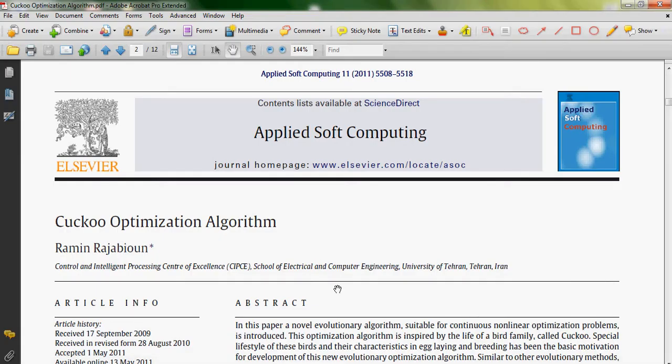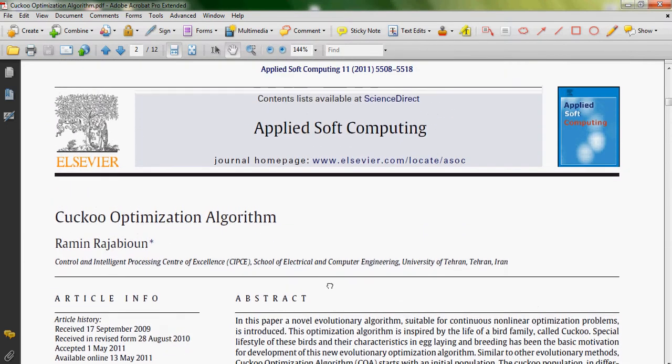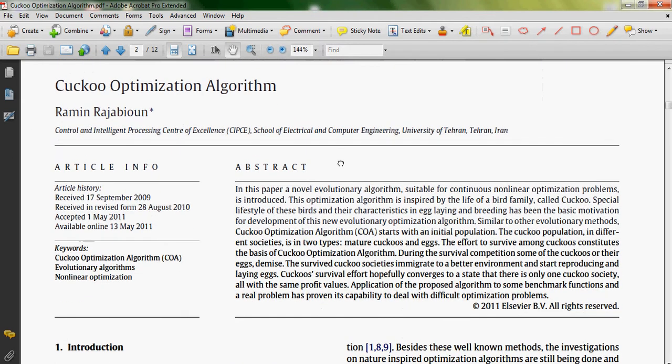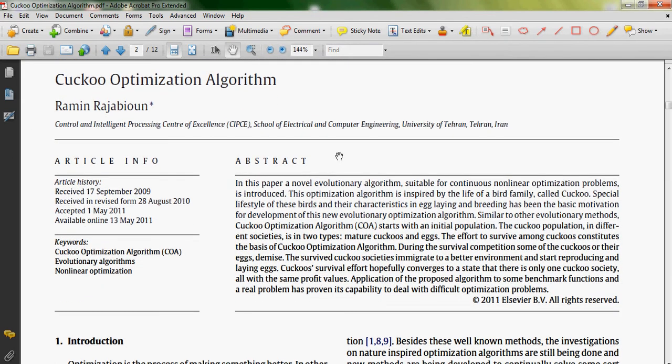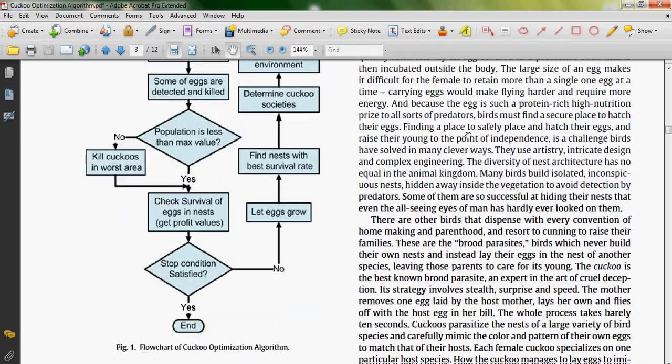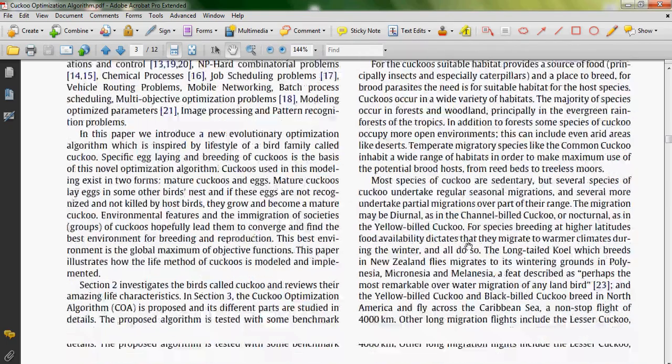Hi guys, in this tutorial we are going to talk about a novel evolutionary algorithm called the Cuckoo Optimization Algorithm. This algorithm is one of the most effective and high performance algorithms in the category of evolutionary optimization algorithms. And in this tutorial we're going to see the core codes for this paper, which